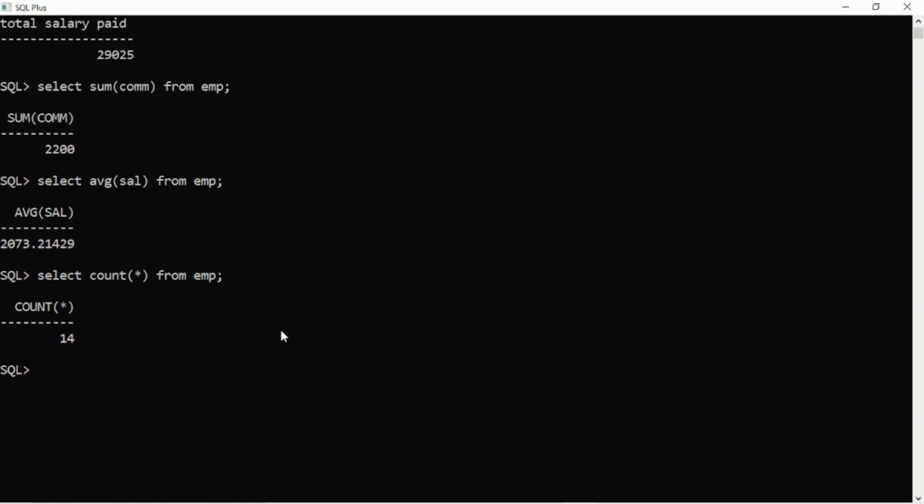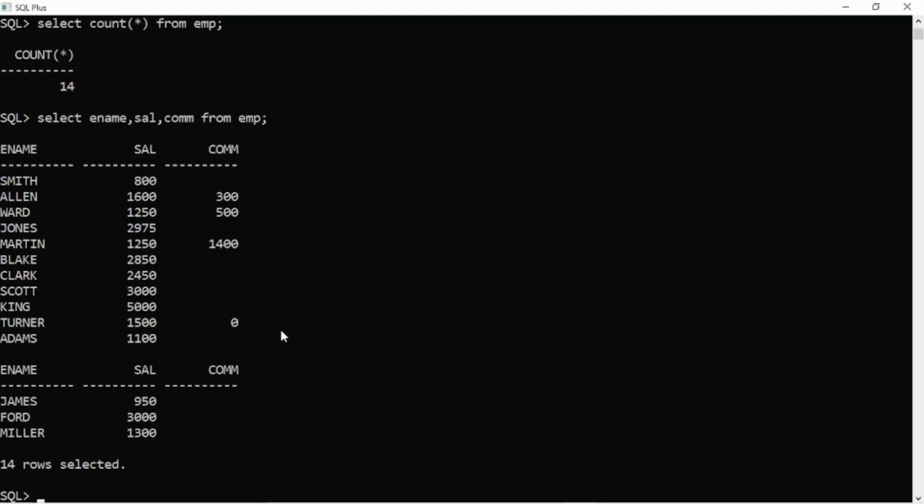Now suppose I want to see select ename comma sal comma commission from EMP. You must be seeing that 1, 2, 3, 4, 4 employees are getting commission because 0 is also a value. So this will count.